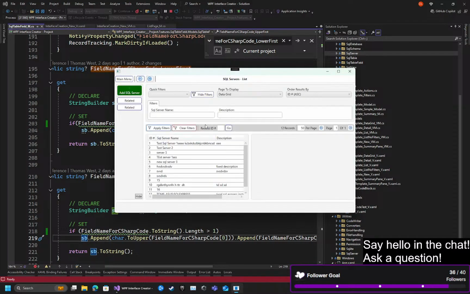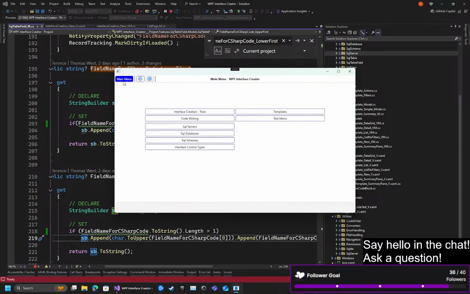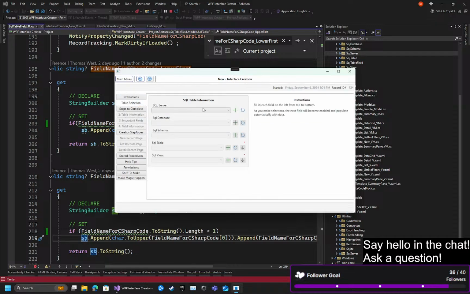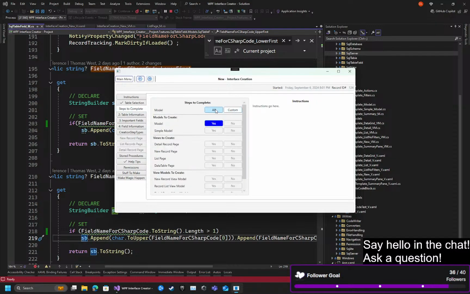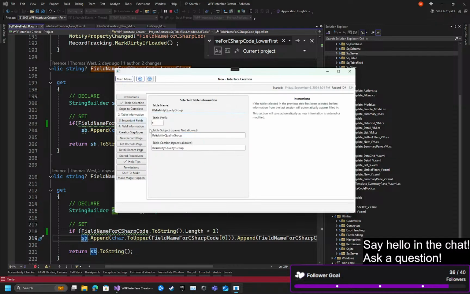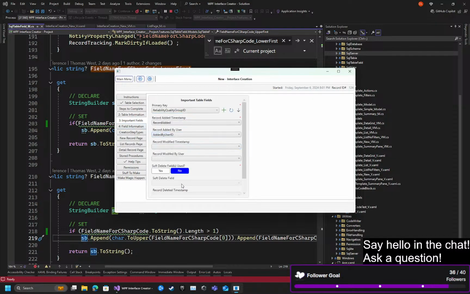Okay, servers. Run list again. So new creation, table selection. We should be able to quickly pick our table for liability quality groups. Steps to complete, all again, table information has been saved, important fields, mostly been saved, modified, and soft delete still needs to be reselected,